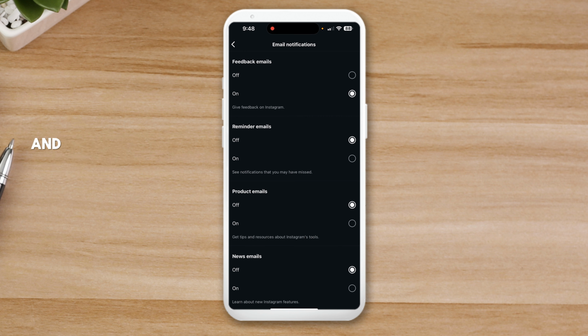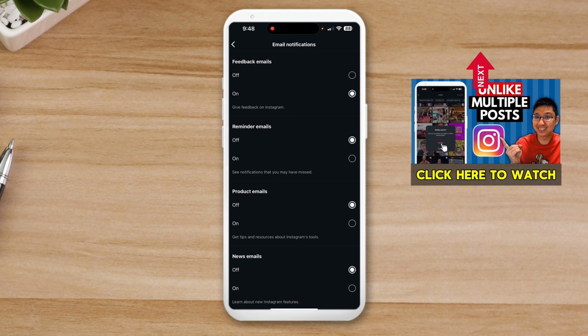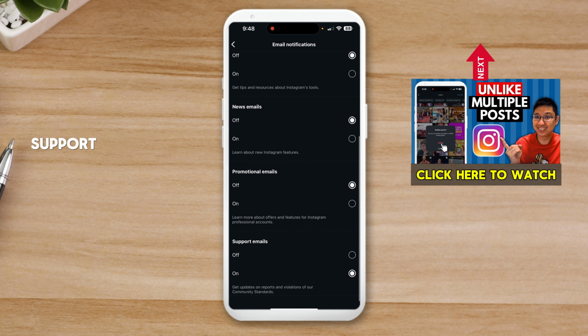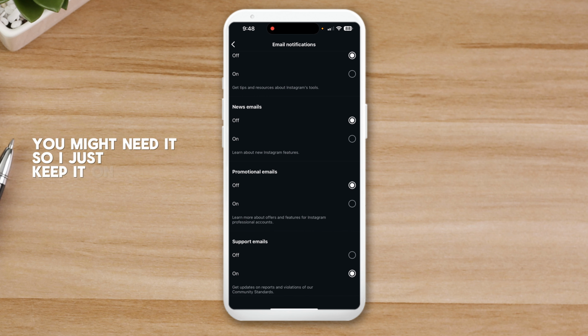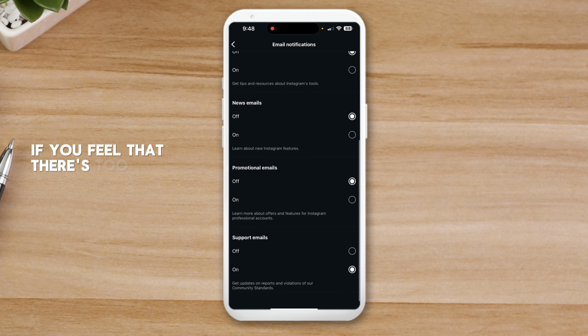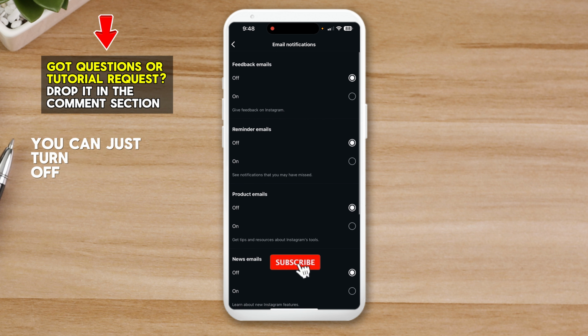Just click on it, and then you can turn off feedback emails, reminder emails, product emails, news emails. I don't need feedback emails, promotional emails, support emails. Yeah, you might need it, so I just click it on. So that's how you can turn off the email notifications if you feel that there are too many. So yeah, you can just turn off accordingly at these